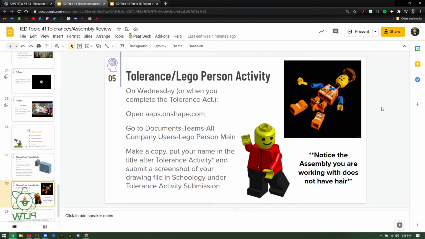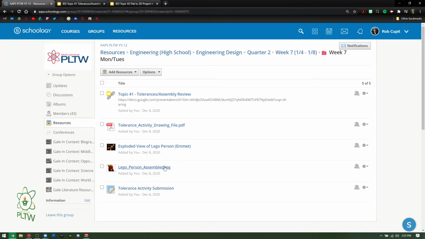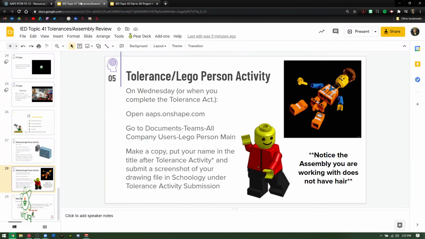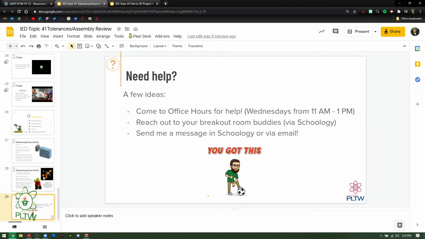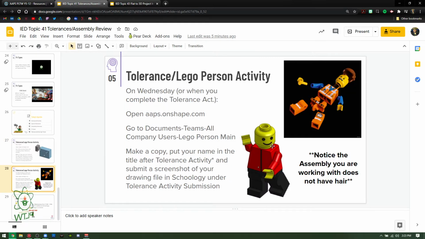And again, this is after break, so it's just a little quick review on how we use assemblies, how we assemble this thing, and it should be pretty straightforward. They're going to put them together, and I didn't put in here, for some reason, the tolerance. I put the tolerance activity submission, but I did not put the Lego person submission, and I will do that. I apologize. But that's it, and they can work on both of these. They should finish this tolerance activity in class, and then the Lego person, I'm assuming that they can work on